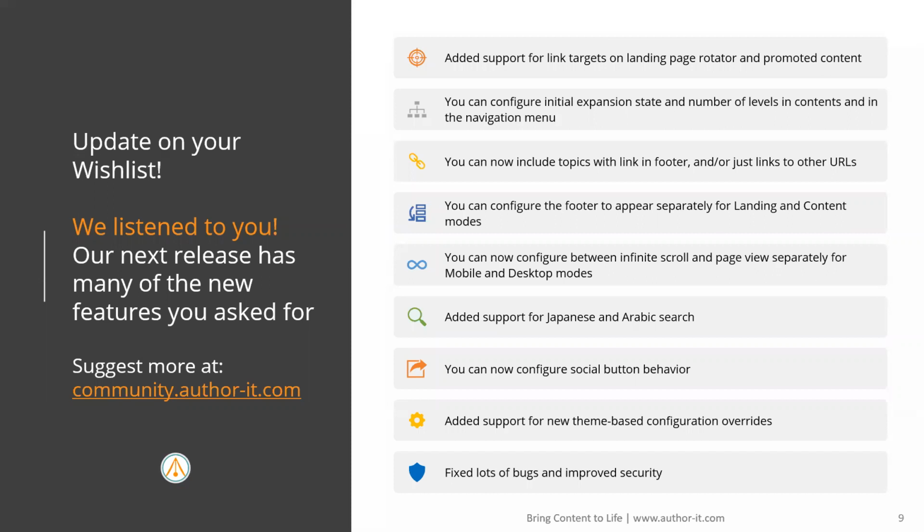Infinite scroll mode, we've added an option that will switch between infinite scroll mode and page scroll mode. So when you're in a page mode, it will display a page defined by the start new page item, just like it did for WebHelp. And this can be defined separately for mobile and desktop. The thought process is you may want to have a page by page mode in desktop, but once you're on a mobile, you want to move to an infinite scroll mode. So that's available. We've extended our support for search languages to include both Japanese and Arabic,